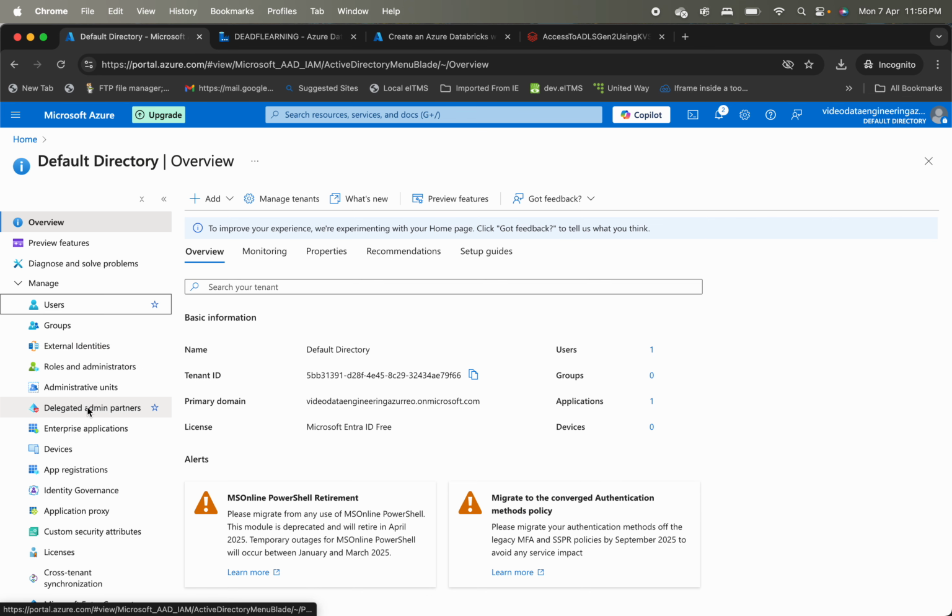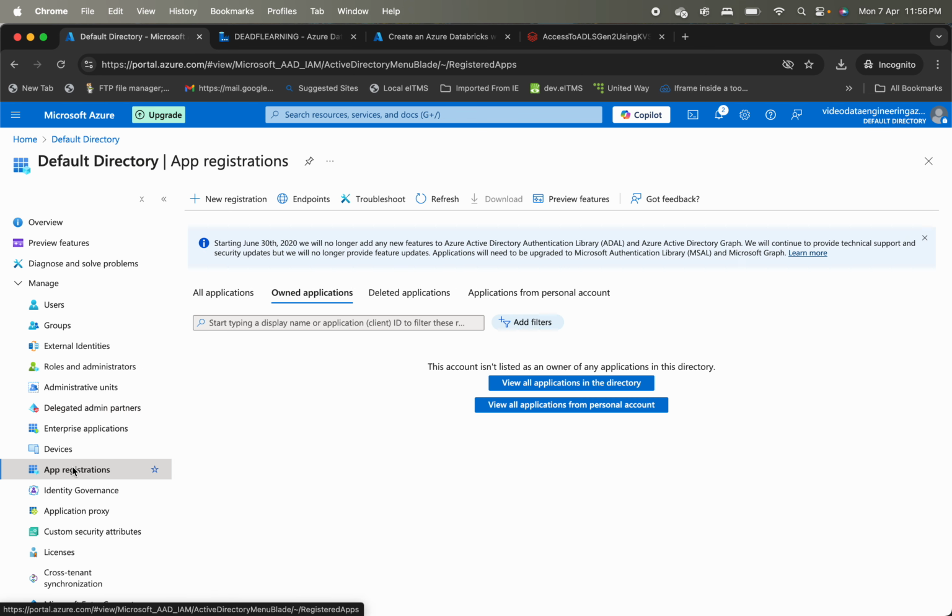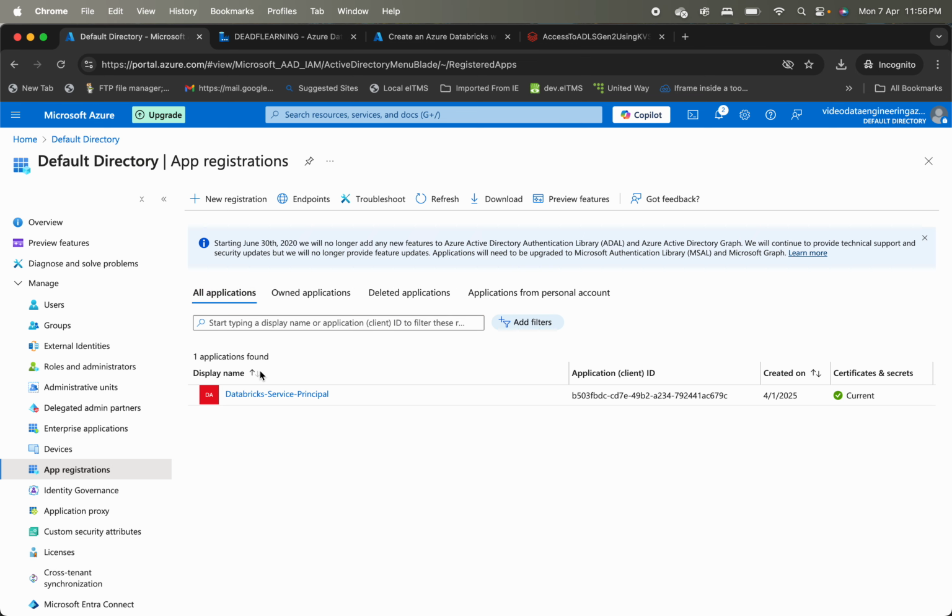Roles, administration. This one, app registration. Here you can see that this one I have created, the Databricks service principal. Once this has been created,